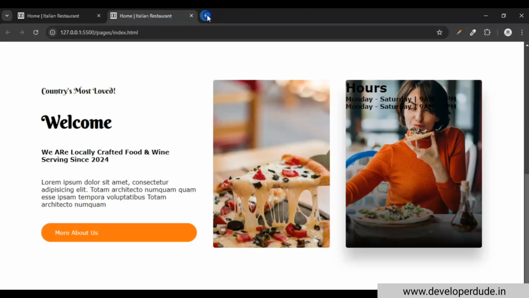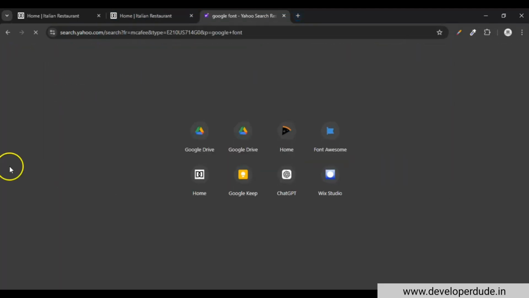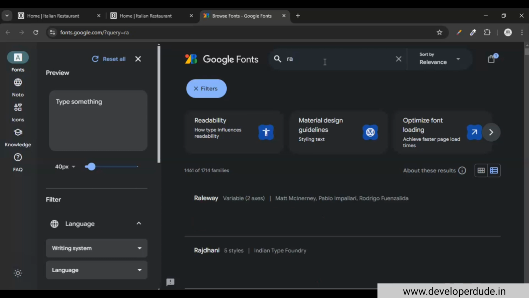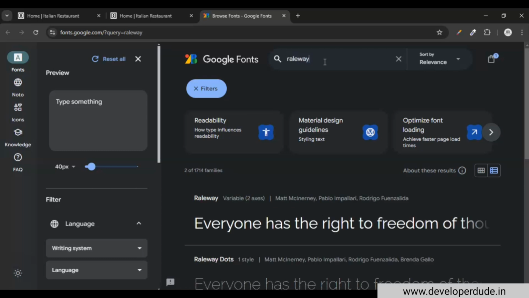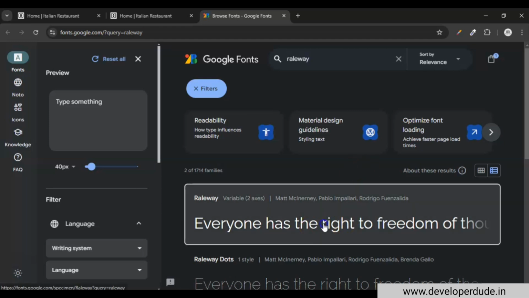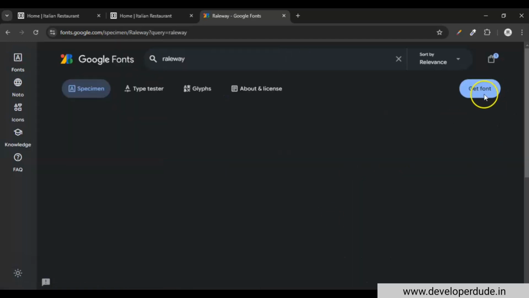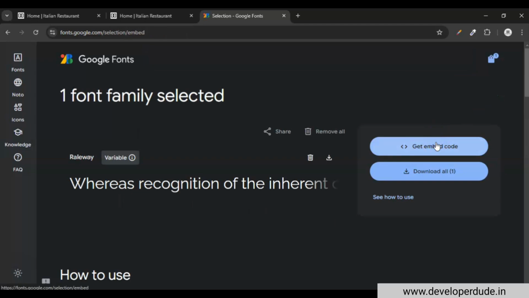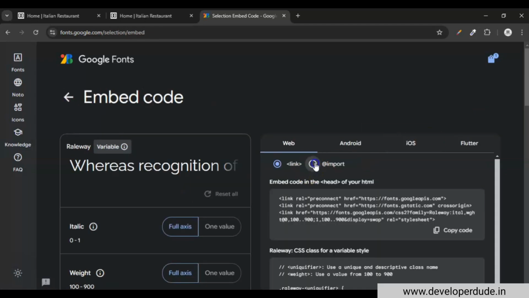So to do that, go to Google Fonts, search for this font family, click on this, get font, get embedded code, then import, copy this,